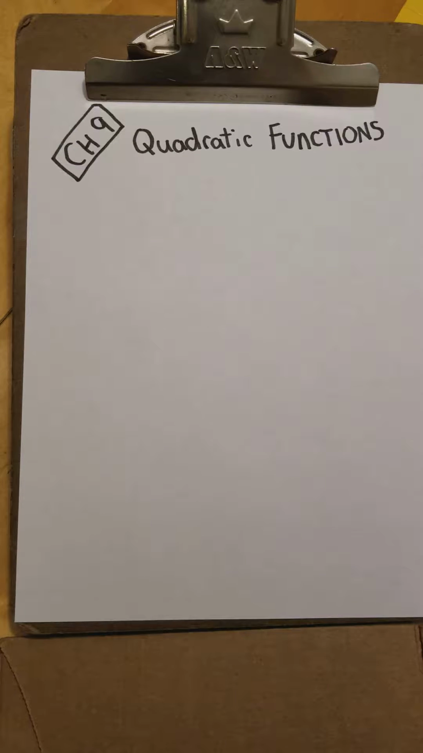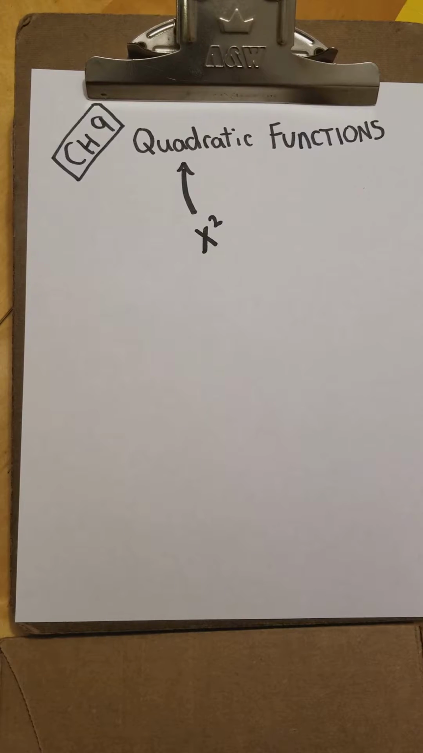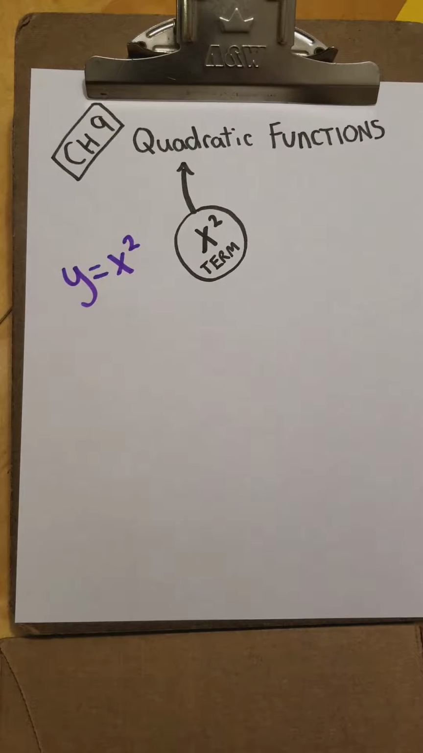Let's talk about quadratic functions. A simple way to think about quadratic is anything with an x squared term. The simplest quadratic function is y equals x squared. Remember, the x is your input and the y is your output. We are going to try out different values of x as inputs to see what values of y come out